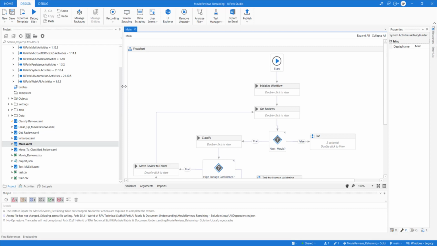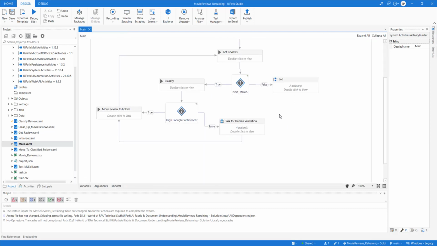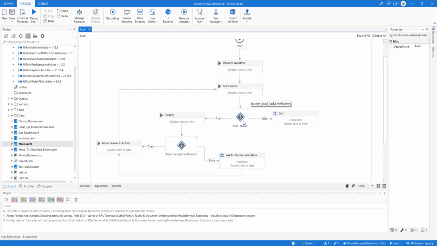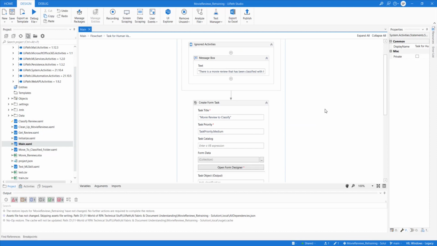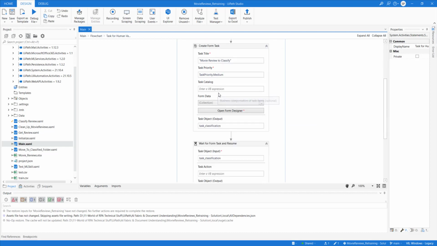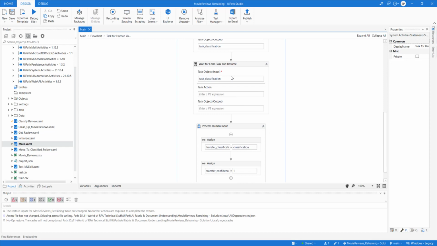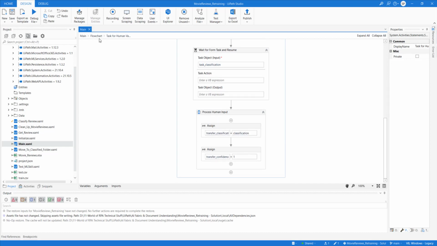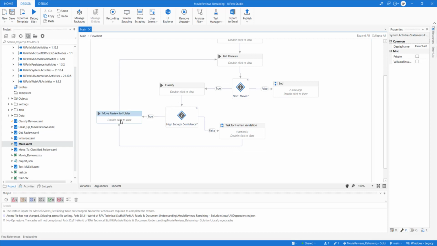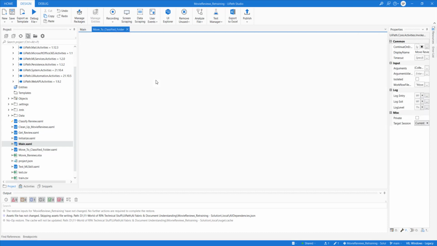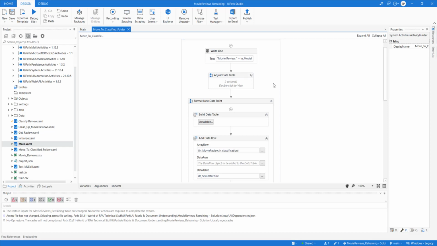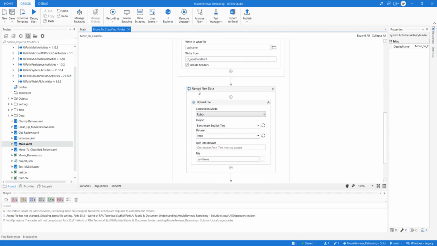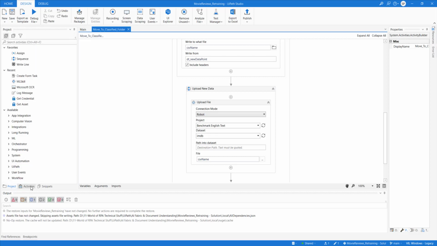It's the same thing that we have done, everything is the same. Get reviews, if it is a new movie, classify it, checking for high enough confidence. When you create a task form, once the task is resumed and completed, in this review folder, what we do here is upload a new file, and that's basically coming from here.